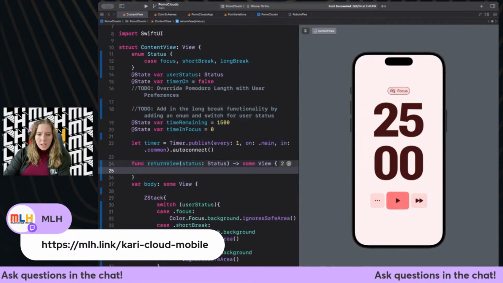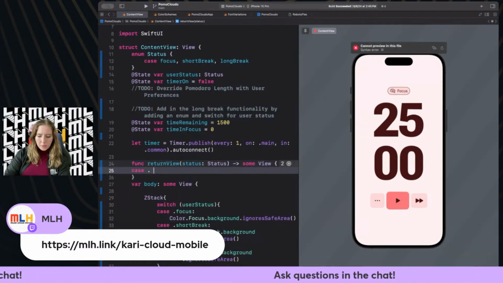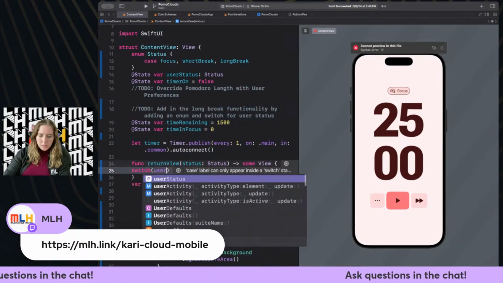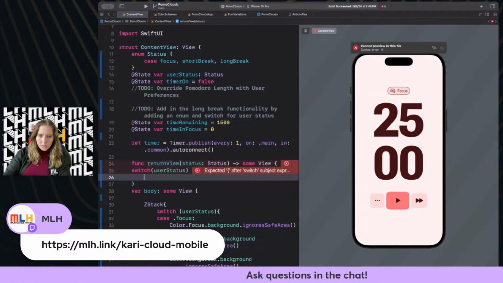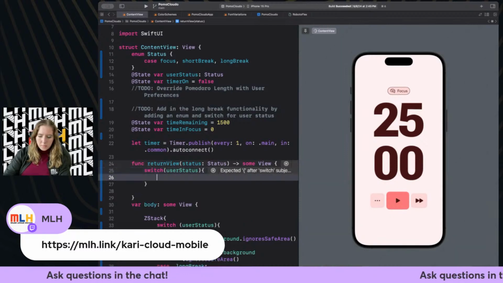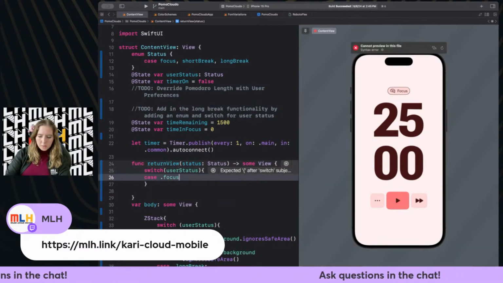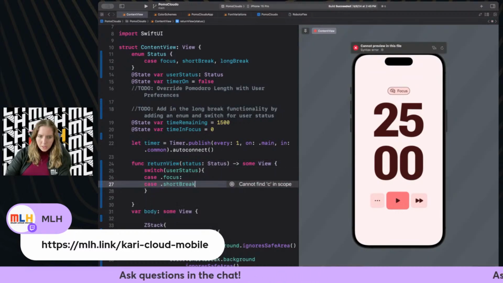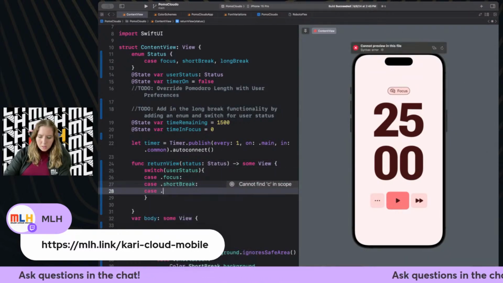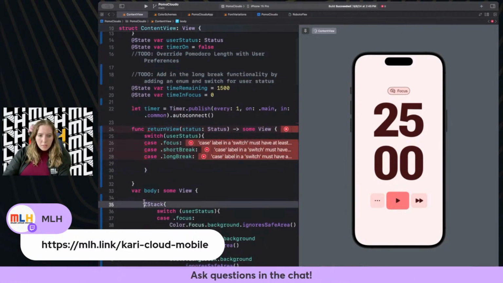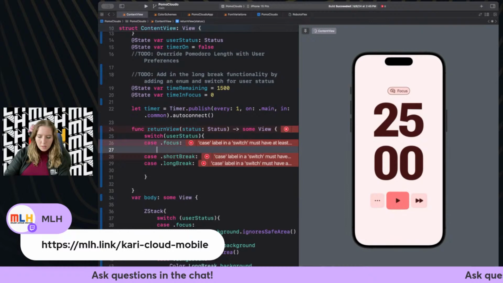And then in this we have a switch based on user status, and then it's case .focus, case .short-break, and case .long-break. And then I'm thinking instead we return